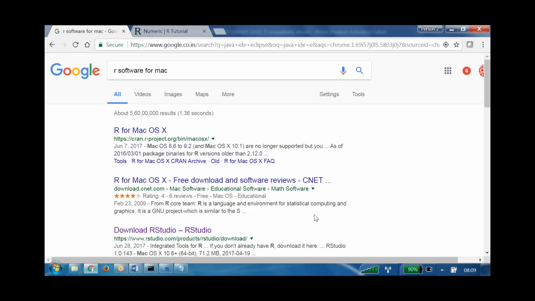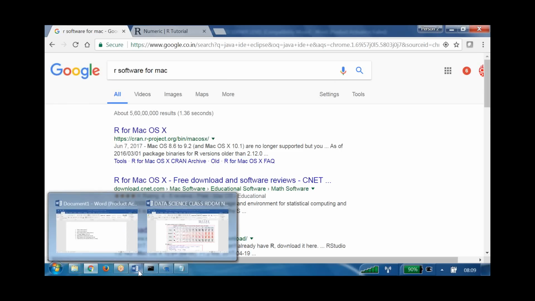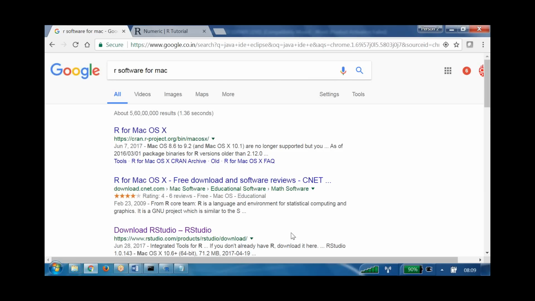This rm function is used to remove one variable, right? If I want to remove all the variables, what is the function for that? We have to use rm star. That is going to remove all the things in the workspace. But it's better to avoid that, because our useful things also will be removed. Anyhow, a removal situation will come very rarely, because we have the overriding functionality. If you don't want a value, you can override it with something else.